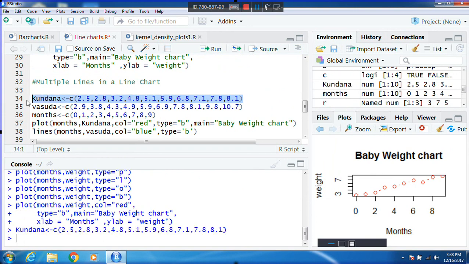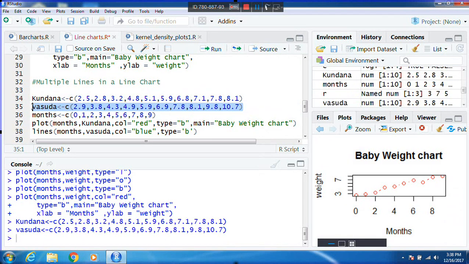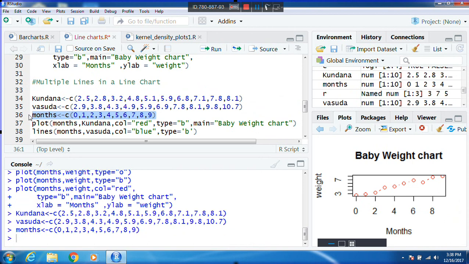So I have created this vector weights of Kundana, and also I have created one more vector, Vasudha. Then for the same period I am going to check. I am going to use months as another vector. Three vectors I have created. So then what I am trying to do is plot